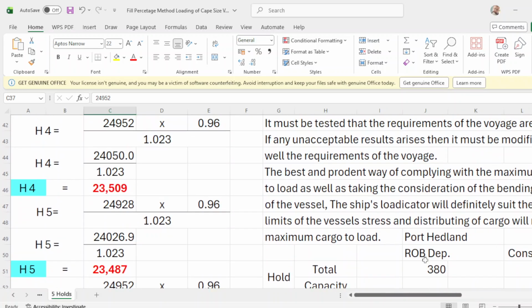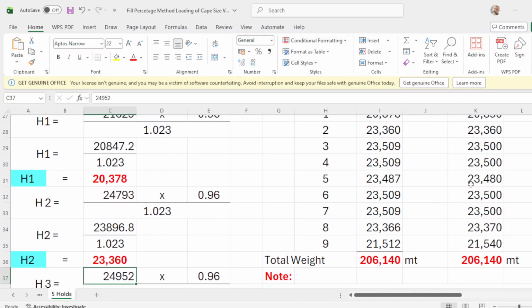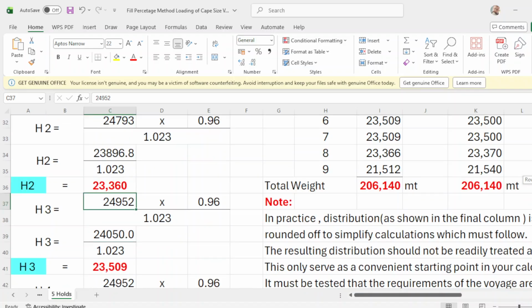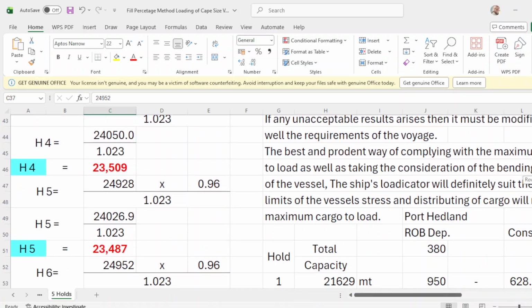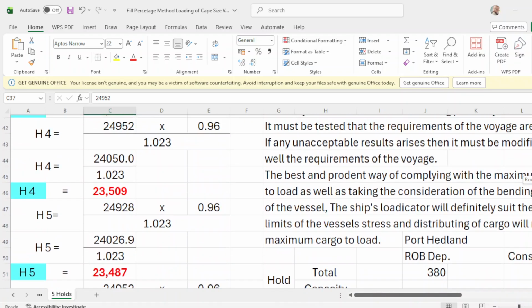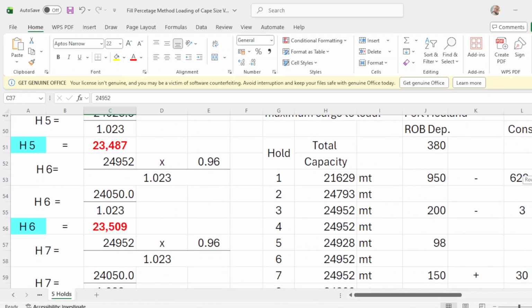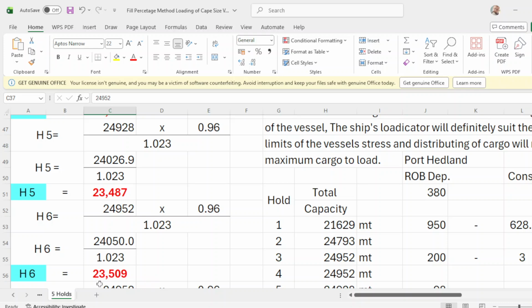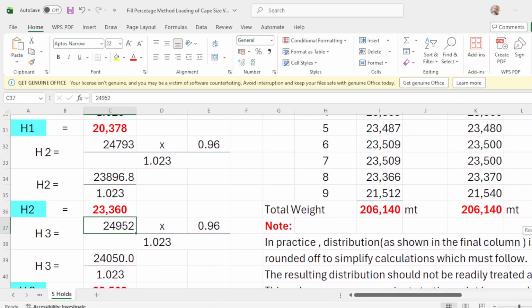Then we go to number 5. Number 5 is 23487. Number 6 is 23509.